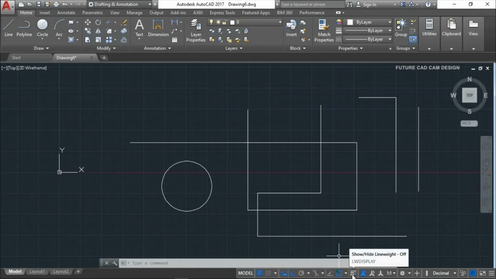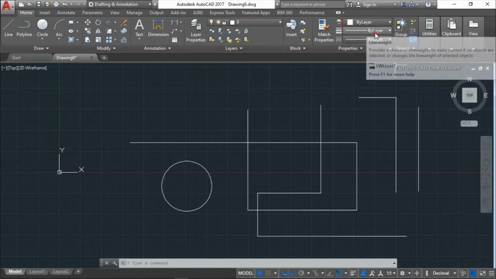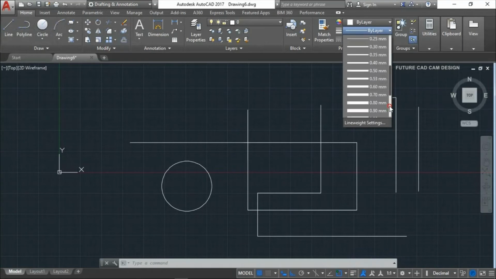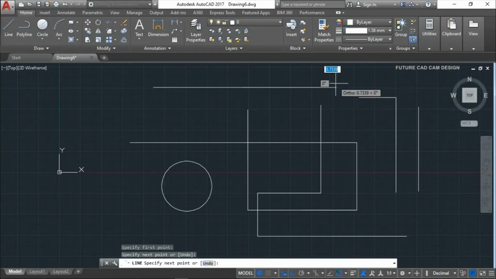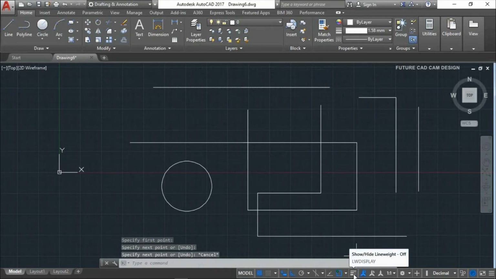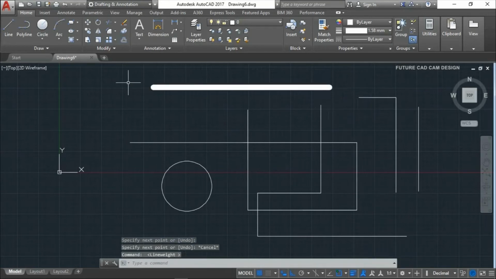Next one is the line weight option. The line weight option is nothing but, for example, now I am making a line. Here you can see in properties you have line thickness. For example, I am now in properties, I am keeping the line thickness at 1.58 mm, and then I am going to make a line. I have changed the line thickness, but even though the line looks similar to the previous lines, if you click the show line weight option, it will show the original line weight of your diagram. But now no need, we will switch this off.